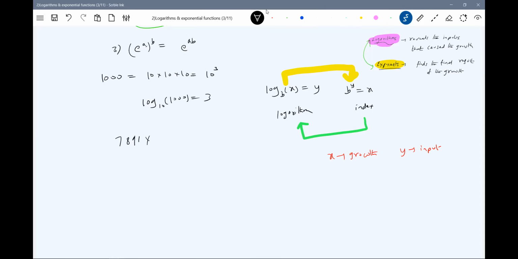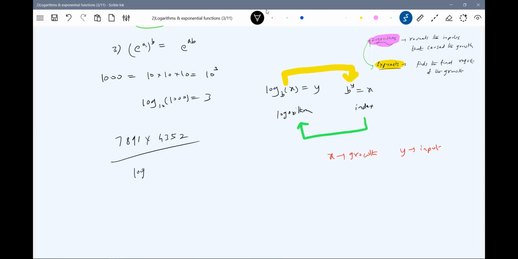7891 into 4352. I'm asking you to multiply these two. So, okay sir, I'll take a calculator and multiply it. How does the calculator do it? We don't have anything which does multiplication. So what the calculator has to do is convert this into addition form. So when you provide this operation, what does the calculator do?